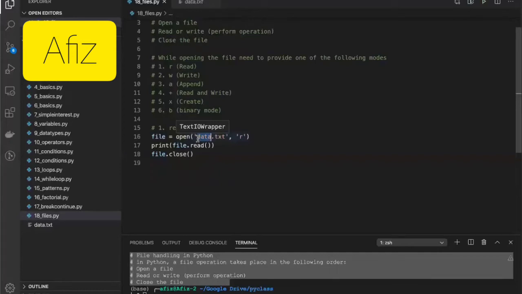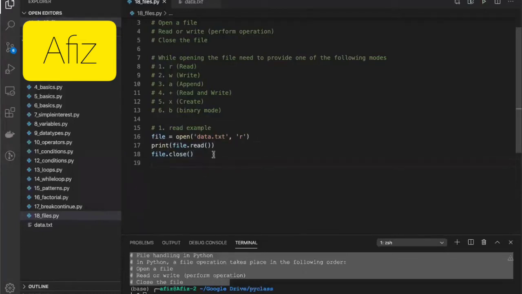That entire path we need to mention over here. And then the second parameter will be the mode of the file, exactly in which mode you want to open the file. In this case, it is a read mode. After that, for reading the content, we use file.read here. The read will read the entire file. And finally we need to close the file.